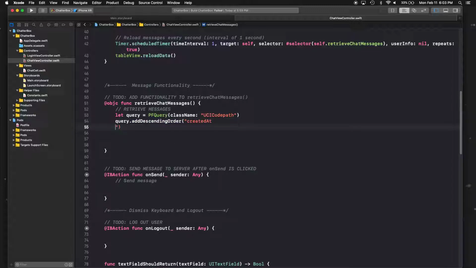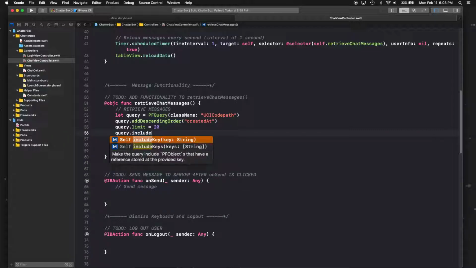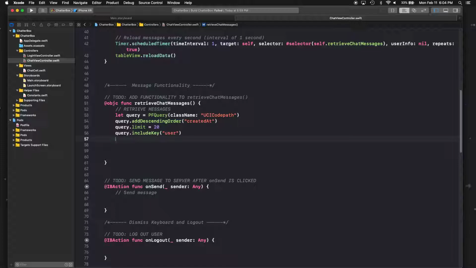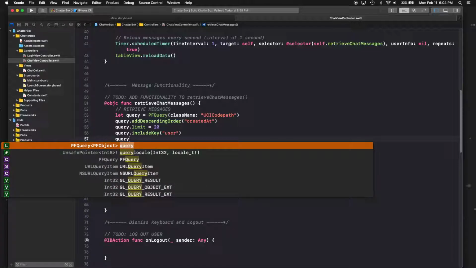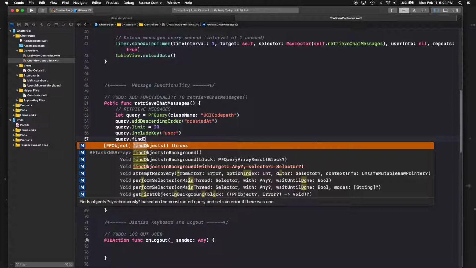Now that we have the order of the messages, we're going to set the limit, how many messages we want to get. In this case, we'll just do 20 so that our system doesn't crash by loading too many messages. And in the query, now we want to know who sent the message, so we have to say query include key user. That way we know who sent us the message. And last but not least, now we need to call the query and send it to Parse and see if Parse can retrieve anything. So we're going to do query find objects in background,